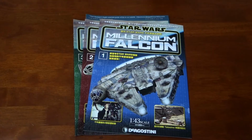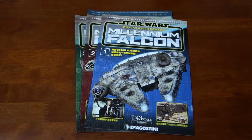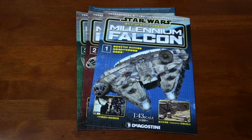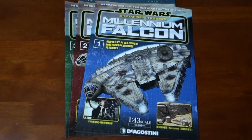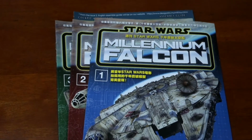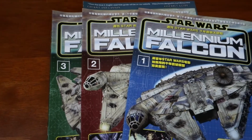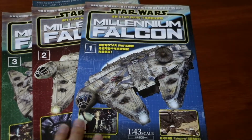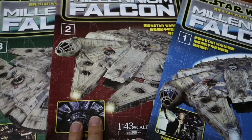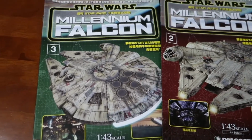Have you ever received a very unusual Christmas gift? In December 2017, I received 3 packages from my kids, and they said Millennium Falcon on the package. And they were 3 boxes, 1, 2, and 3, so it looked like a set. And this looked pretty cool when you look at all the exciting features of a Millennium Falcon. And apparently the parts to build a Millennium Falcon,